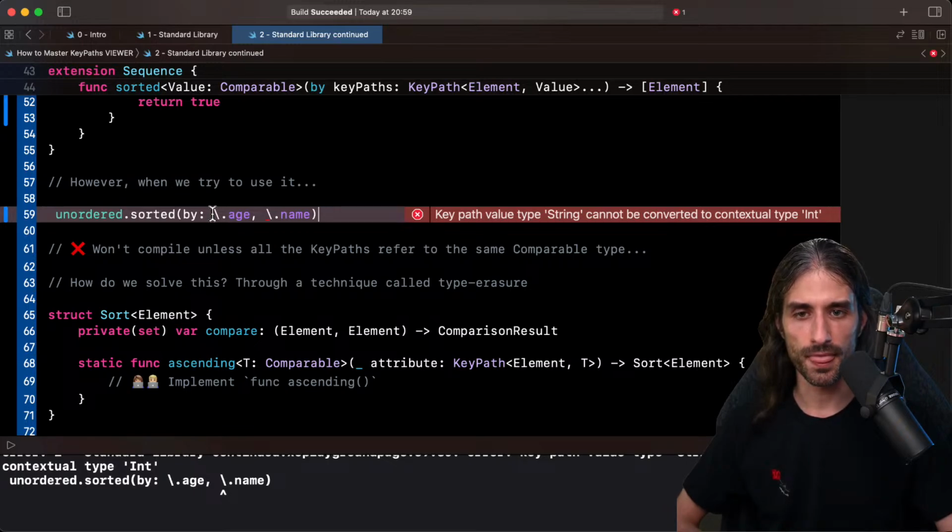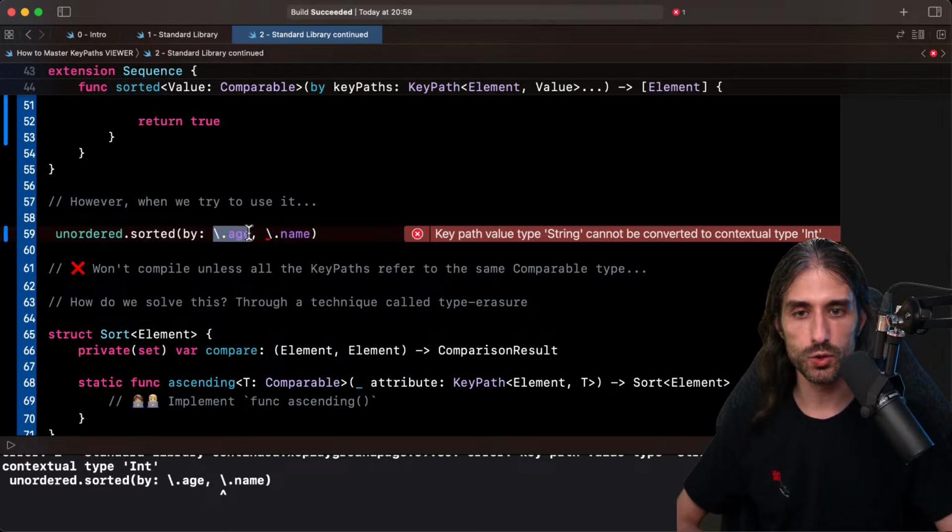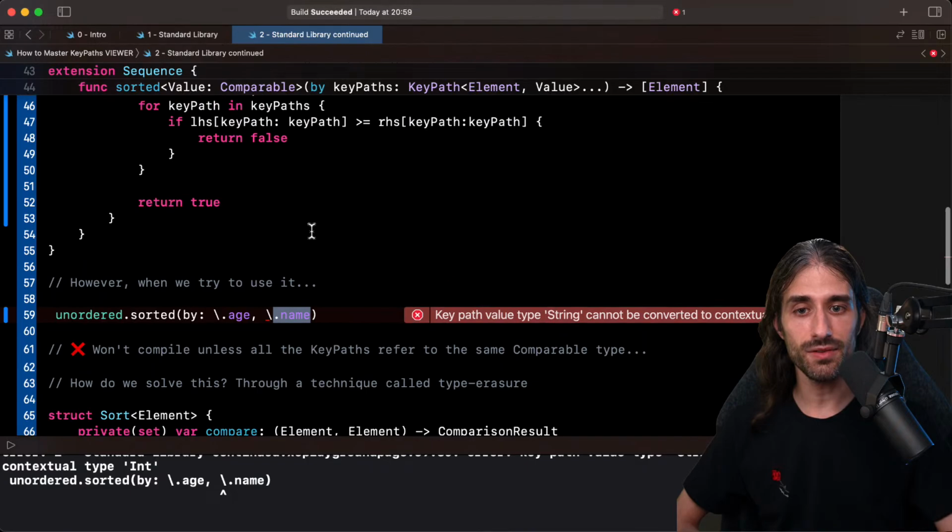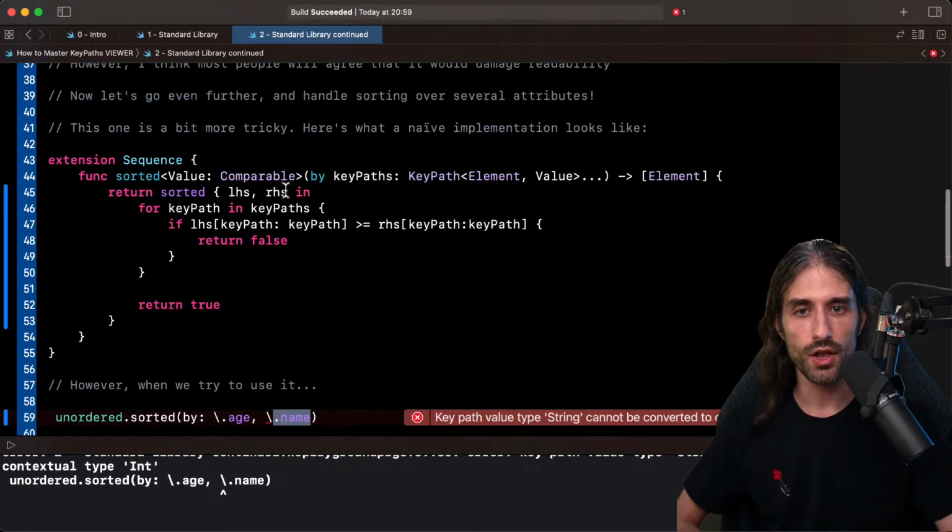It's because we are passing two key paths that have the same root, but not the same value. Age has a value of type int, and name a value of type string. And even though both int and string are comparable, you can see that they are obviously not the same type.